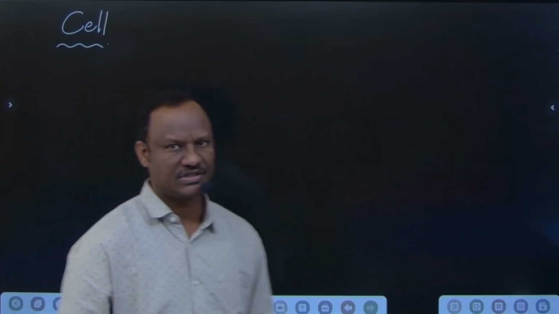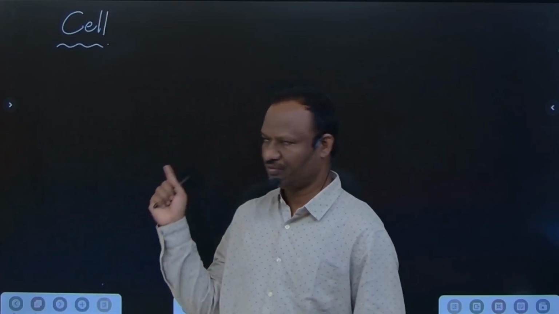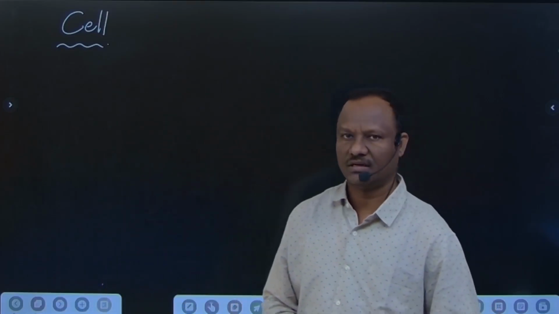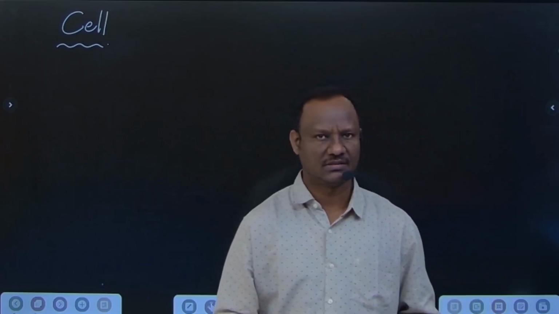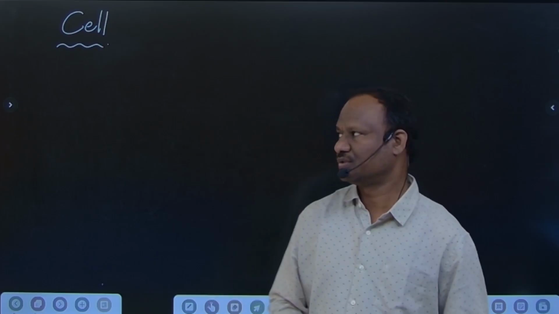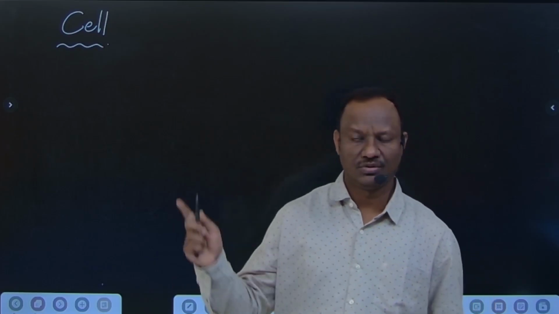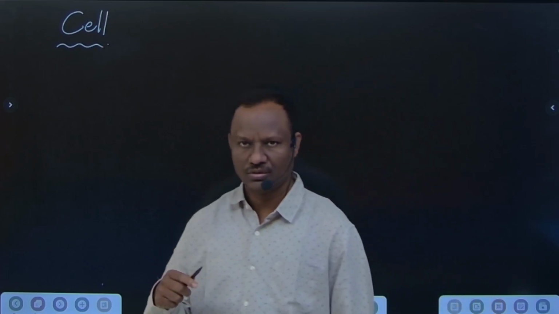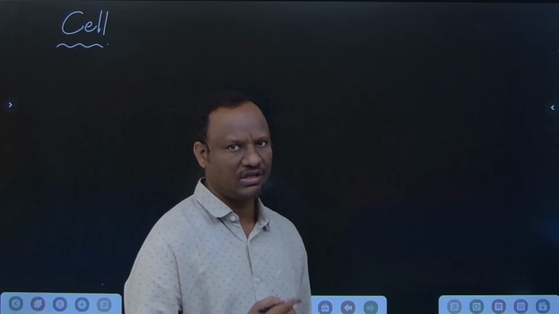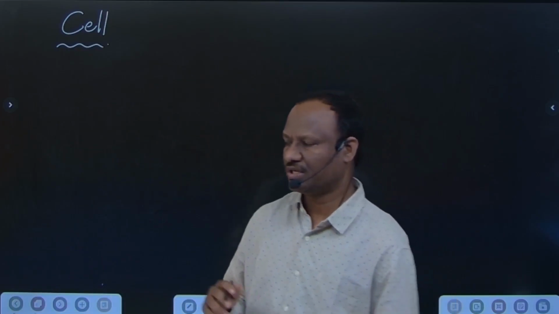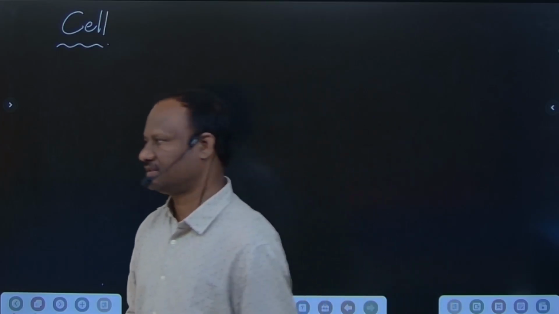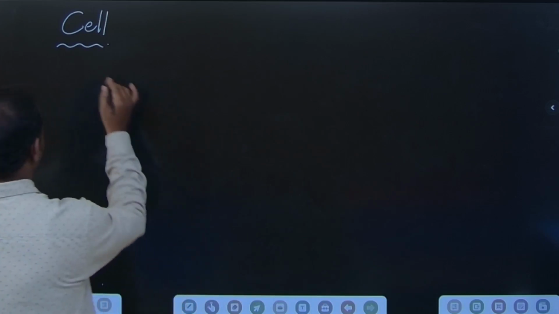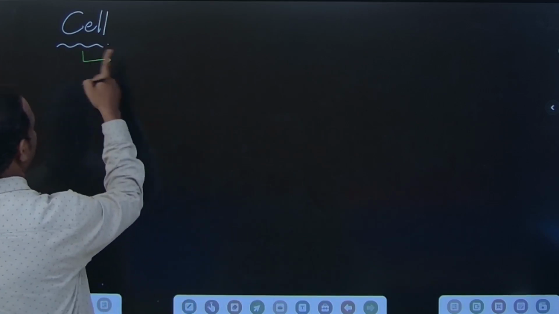In the earlier session, just before this slide, we discussed electrolyte, internal resistance, and EMF. Now, the cell: how cells are connected in series and parallel combinations, what effect will be observed, and what is the relation between potential difference and EMF of a cell. First, a cell is a device which